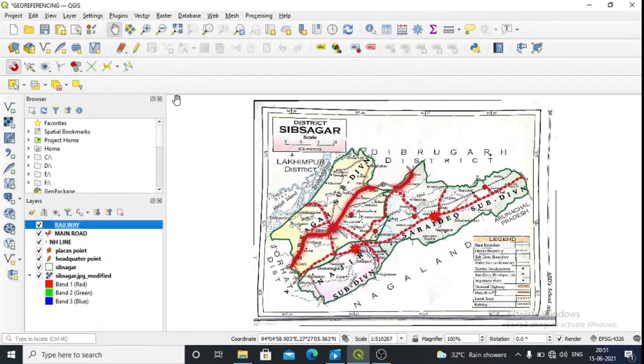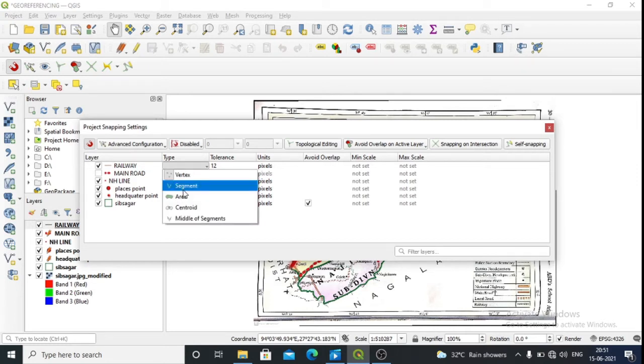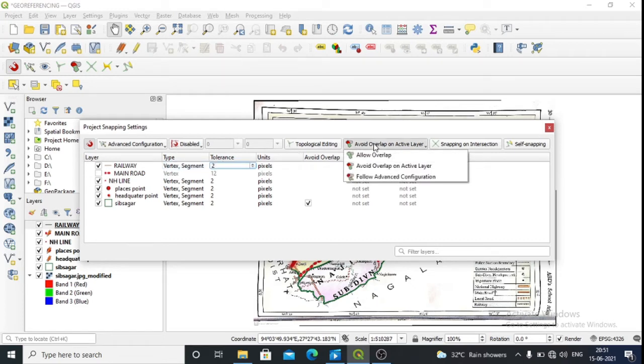Click on OK. Snapping option is enabled, or you just go and see once, open the snapping option. Click on railway, add it as segment and vertex, then tolerance level should be 2, then avoid overlap on active layer.